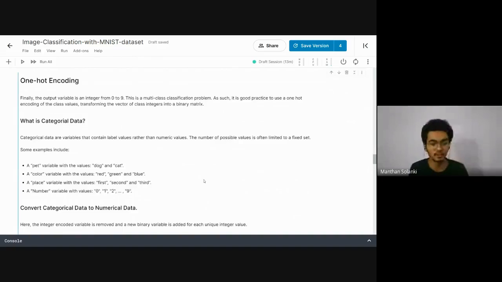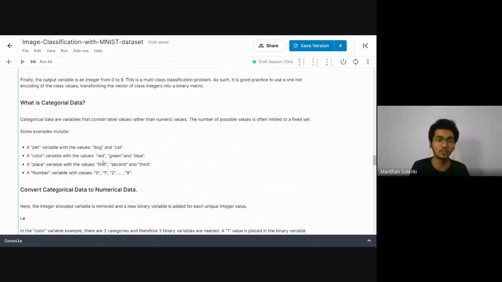So for each and every value, I have to give them a particular numerical set of data. So categorical data is converted to numerical data, because we need a unique name for each and every class. The computer does not understand 0, 1, 2, 3. It understands the binary code. So we need to make a matrix of 0 to 10.